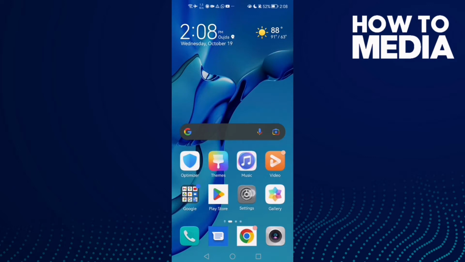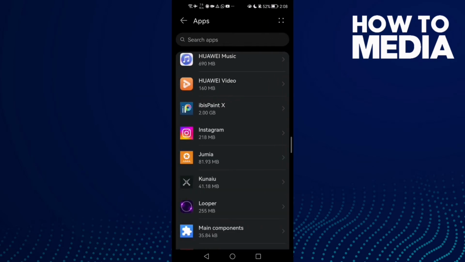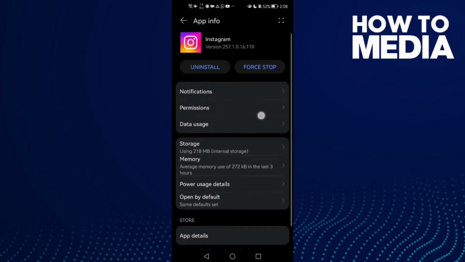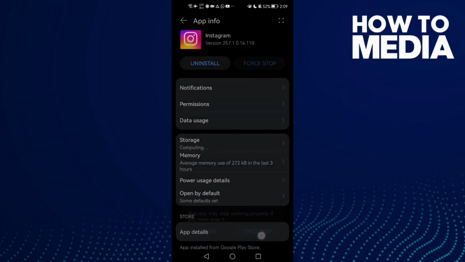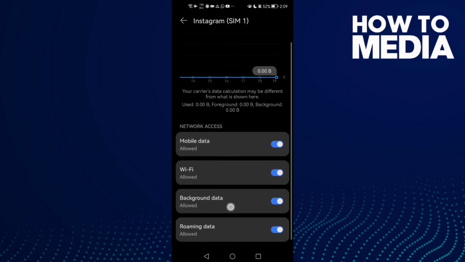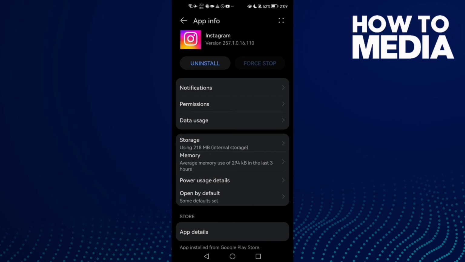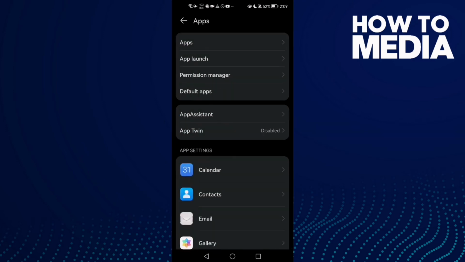First thing, just open settings, scroll down until you find apps, and then apps again, go to Instagram, and now just click this one here for stop, and now go to this one here, data usage, and this one, background data and Wi-Fi. Maybe we'll find this one like this and enable it, or enable this one, enable all of those here, and then just go back, go to storage, clear cache, and then scroll down,